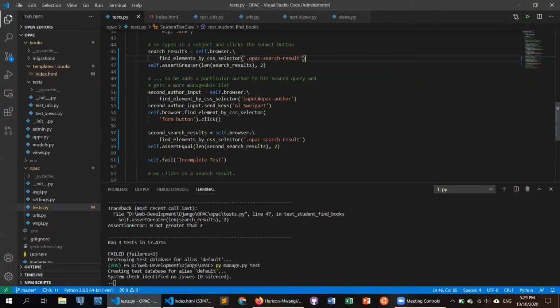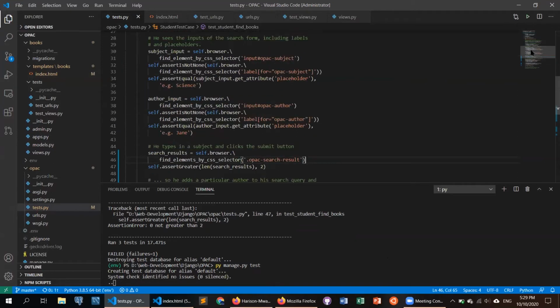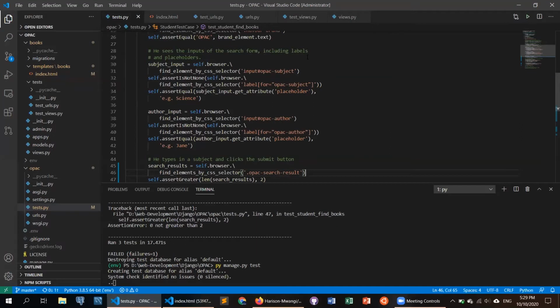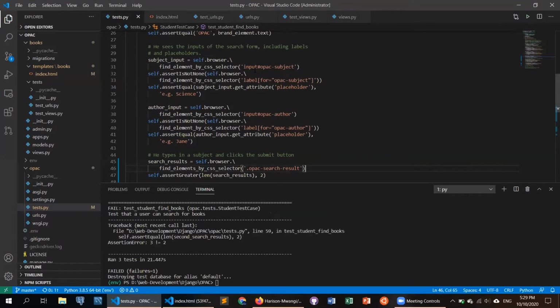So I expect that in this first code block, I'm sorry, I rushed. So the first thing, let me backtrack. We are looking for the inputs of the search form, and we are getting them by ID. We are getting two inputs, the input and the label for each input. So an input with an ID of opaque subject, and it should have a label, and it should also have